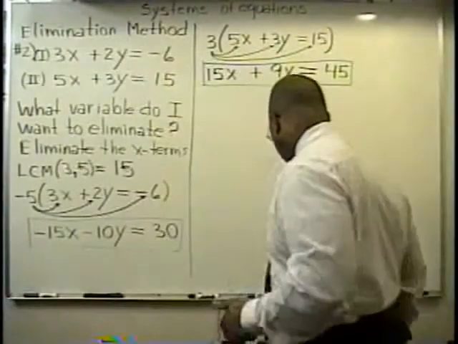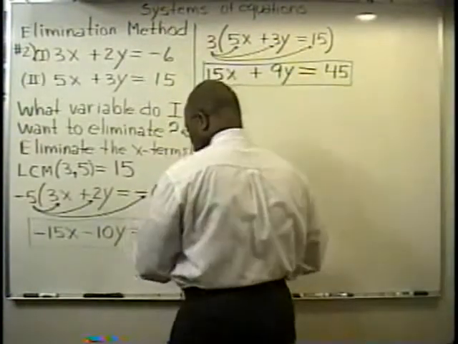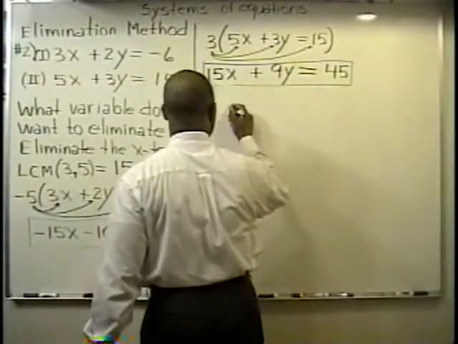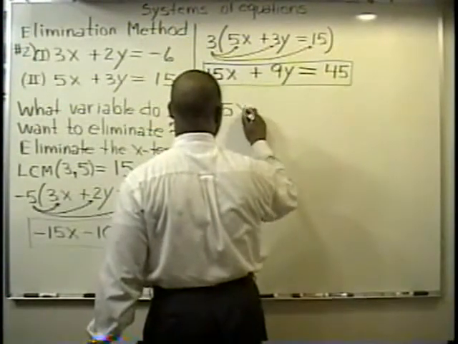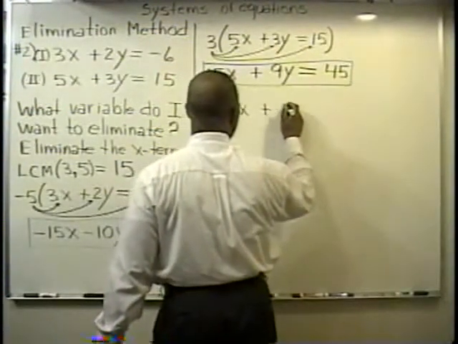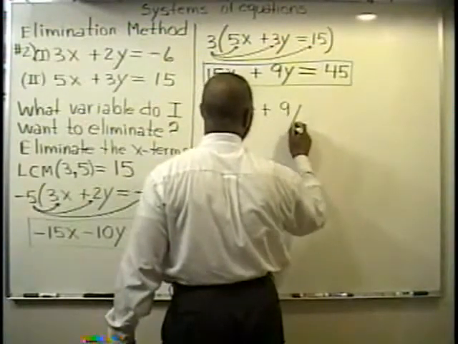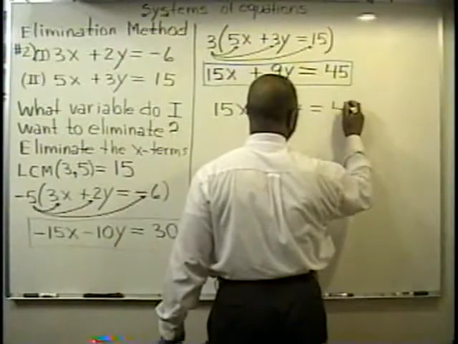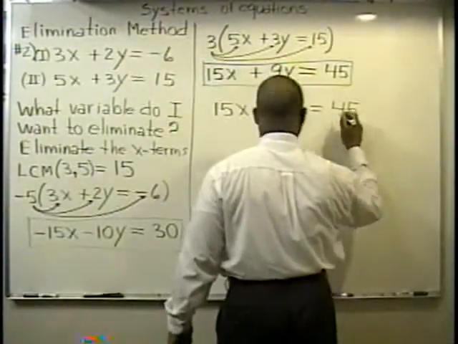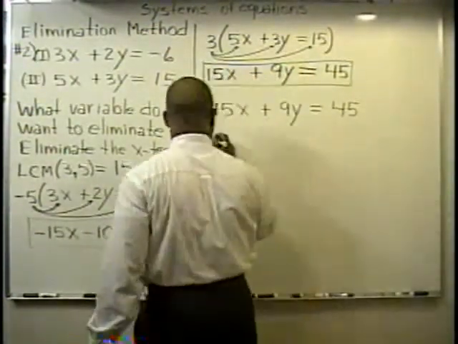Let's take a look. So let's line these up. Right now I have 15x plus 9y equals 45. And over here, I have negative